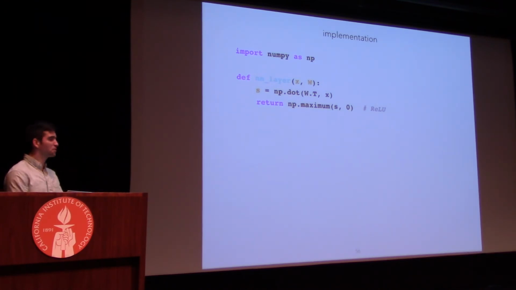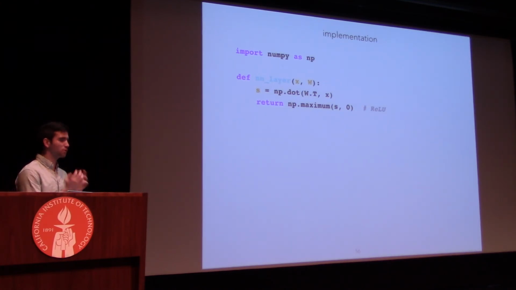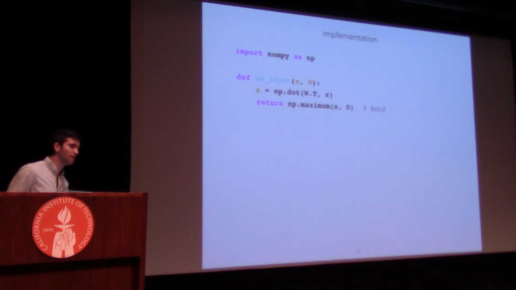So if we want to actually put this into code, how do we do that? Well, we could define maybe a function for an artificial neuron here, or for a layer actually, and that would just say I'm going to take an input x, and I'm going to have a weight vector w, and I'm going to just dot product those. And if I want to do a ReLU, well, I'm just going to take the maximum of the result of that dot product and 0, and then I'm going to return that. So this is a very, very basic implementation of how you actually implement